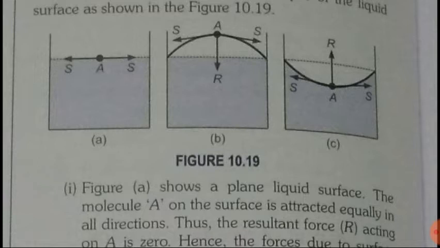In the previous lecture we discussed how liquids have different types of surfaces, different shapes on their surfaces. When the pressure inside the liquid and outside the liquid, that is the atmospheric pressure, are both equal, at that time the surface is flat, like in figure 10.19a. But if the pressure inside the liquid is more, then the liquid has a convex surface. When the pressure inside the liquid is less, then the liquid has a concave surface, as in figure C.